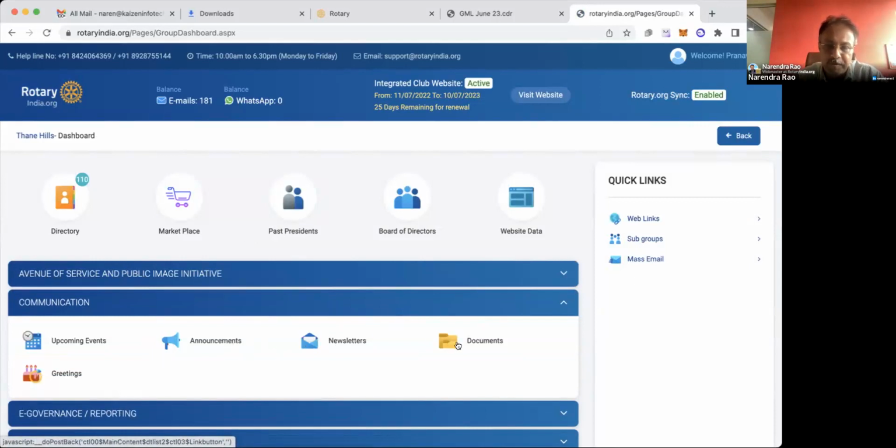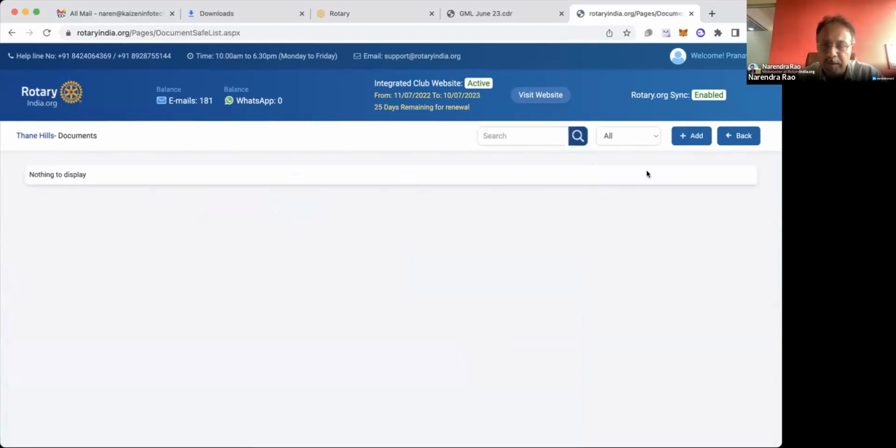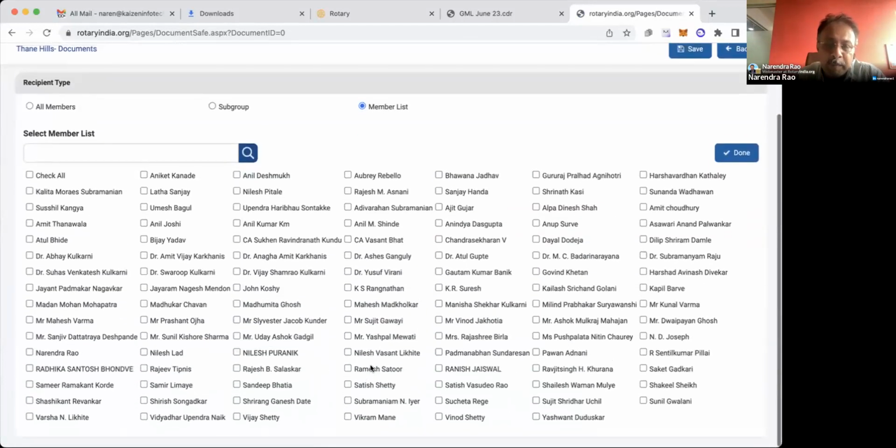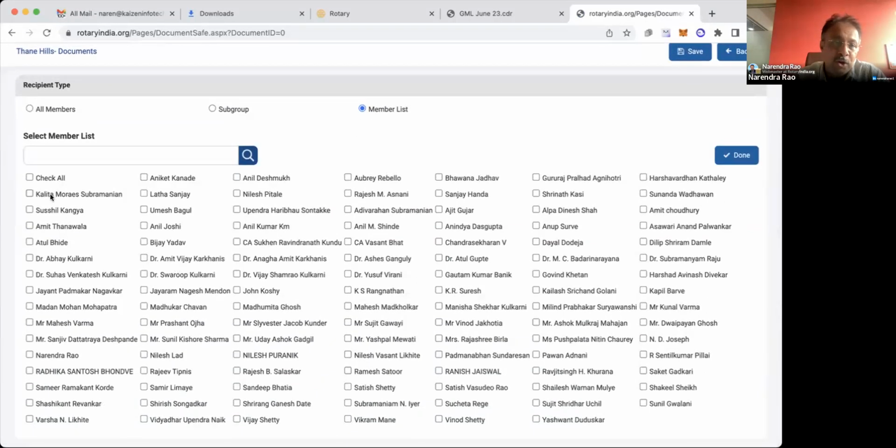Then comes documents. Currently there may not be any documents. When I click on the document, a similar structure works here: all members, subgroup or member list. Let me select an option. When I click on the member list, it shows all the members of my club. For example, I do not want this to be sent to everybody. I want it sent to Anil, Vijay, Anil Kumar, Nilesh, Anil Deshmukh, Aubrey, Rajesh, K. Sanganathan, CA